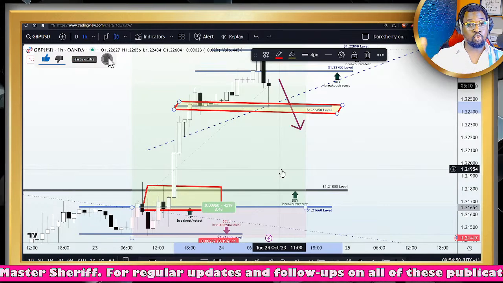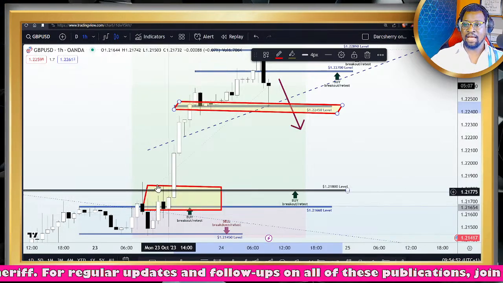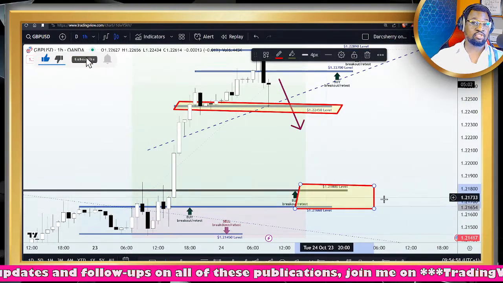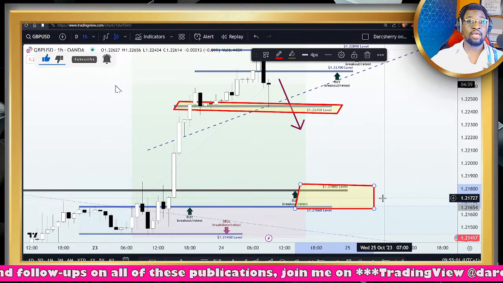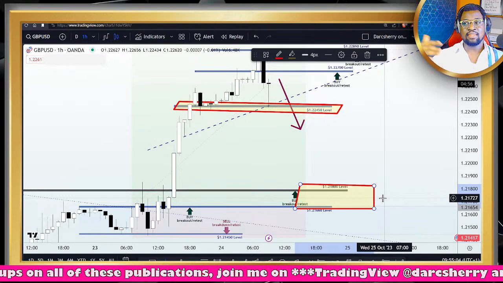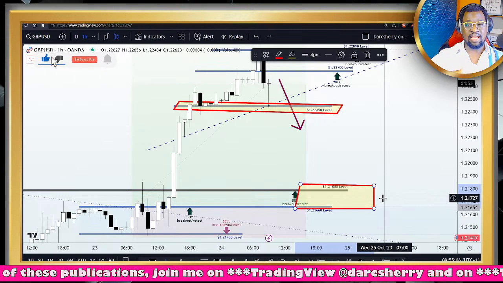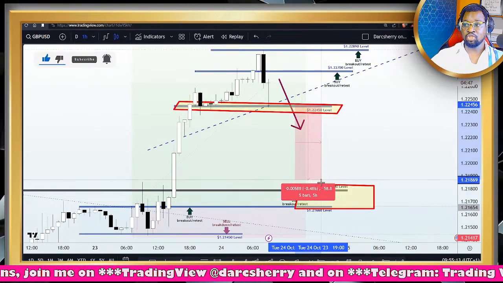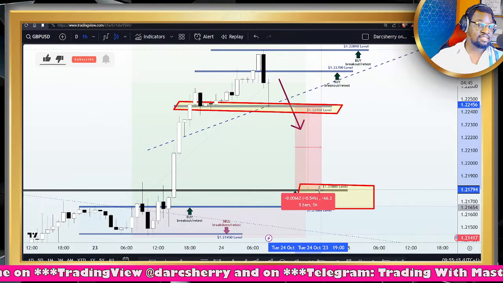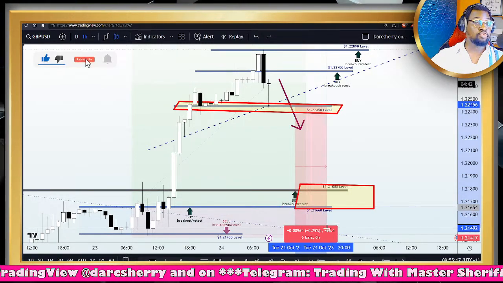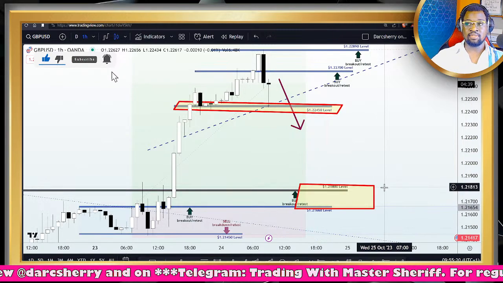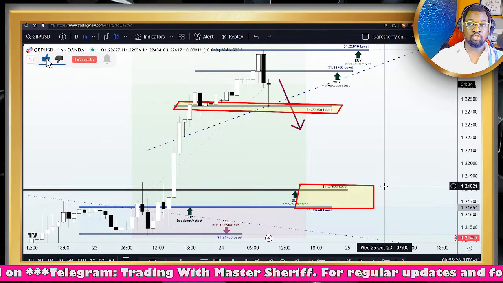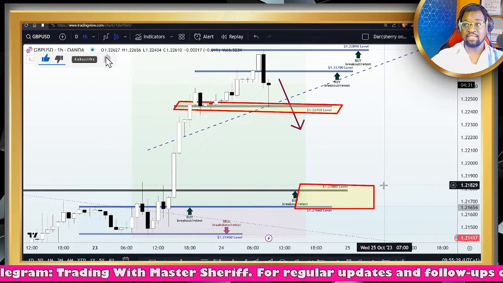Now, if price goes down, then we want to come back down into this area to position ourselves for the next move. Now, depending on how price reacts to the zone will determine if we are going to be joining an uptrend continuation. Now, for those of us who are short-term traders like scalpers and the likes, you might want to capitalize on this counter trend opportunity, which will be dovetailing to a minimum of 65 pips to a maximum of about 100 pips if price continues further to the downside. So for counter trend traders, you might want to look out for the breakdown retest of the 1.22450 level to capitalize on a bearish move.